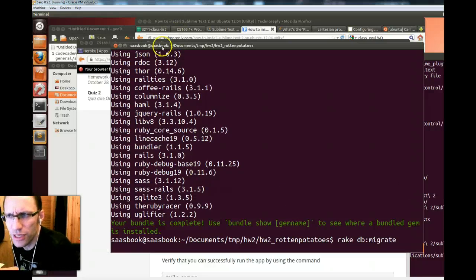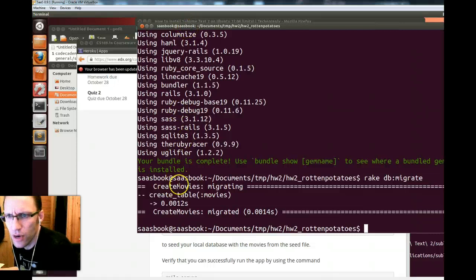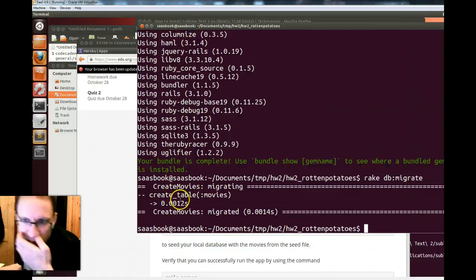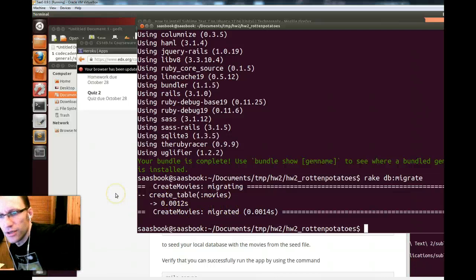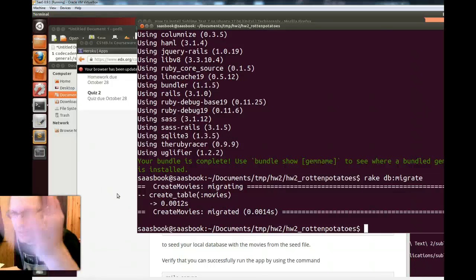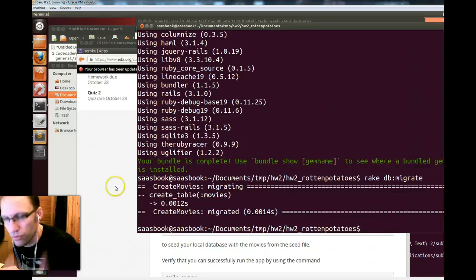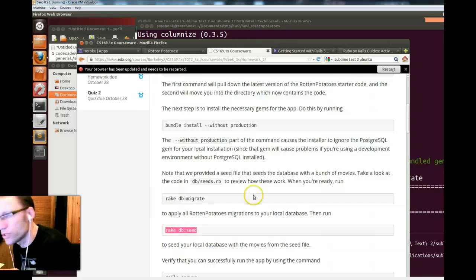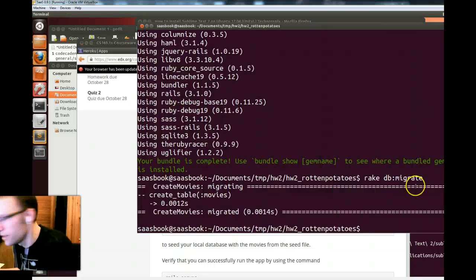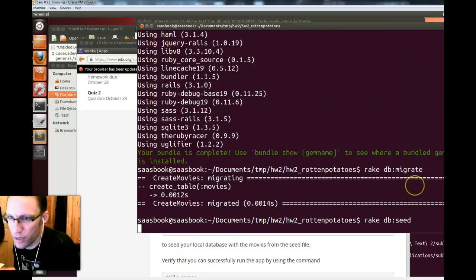and that will sort the database out. There you go, and it's told us there's only one thing it's done. It's created the movies table for us. So that's good. That means that any data that we create through the Rails interface can be persisted. And then this seed one will take some basic data for us and stick that in there. So we'll do rake db seed,